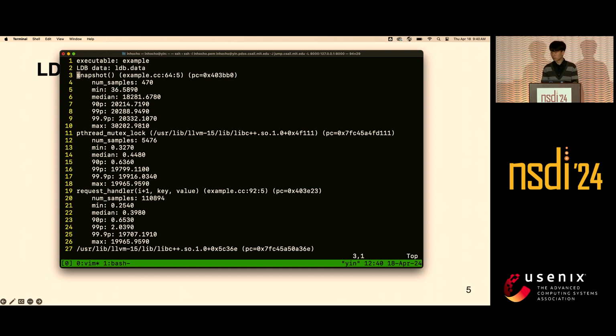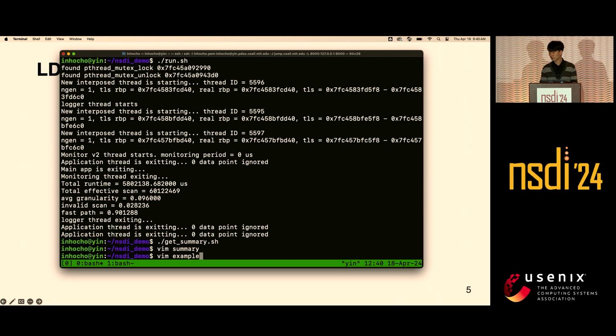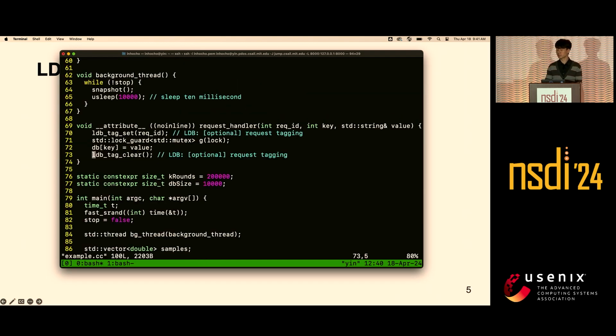And optionally, the developers can tag the request with the lightweight annotation API provided by the LDB. Like in this example application, it only requires two code changes. The first one is when the request starts, we are tagging the request with the unique request ID. And when the request ends, when the request leaves the machine, we can clear the tag so that the application is not responsible for this request anymore. So with these two simple code changes,